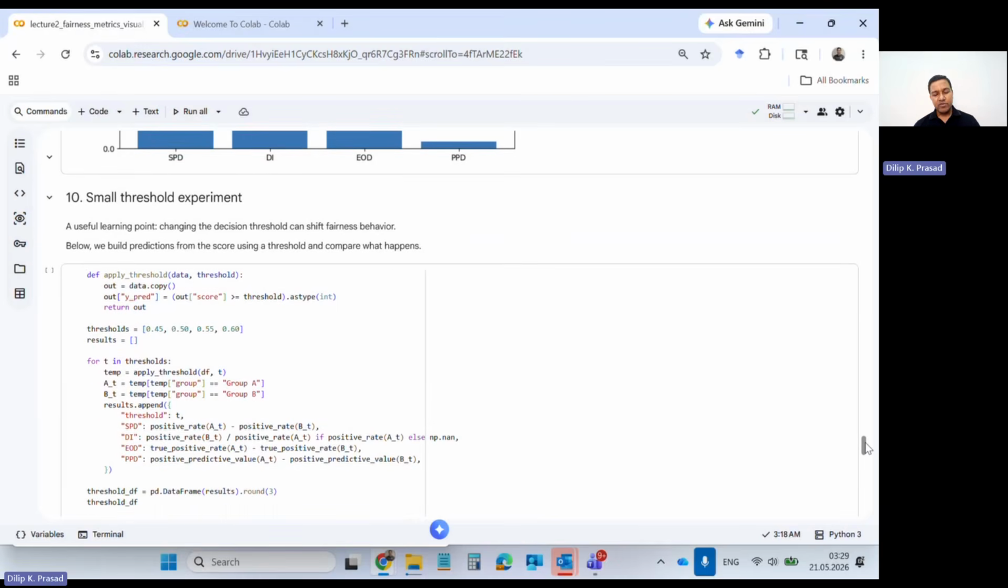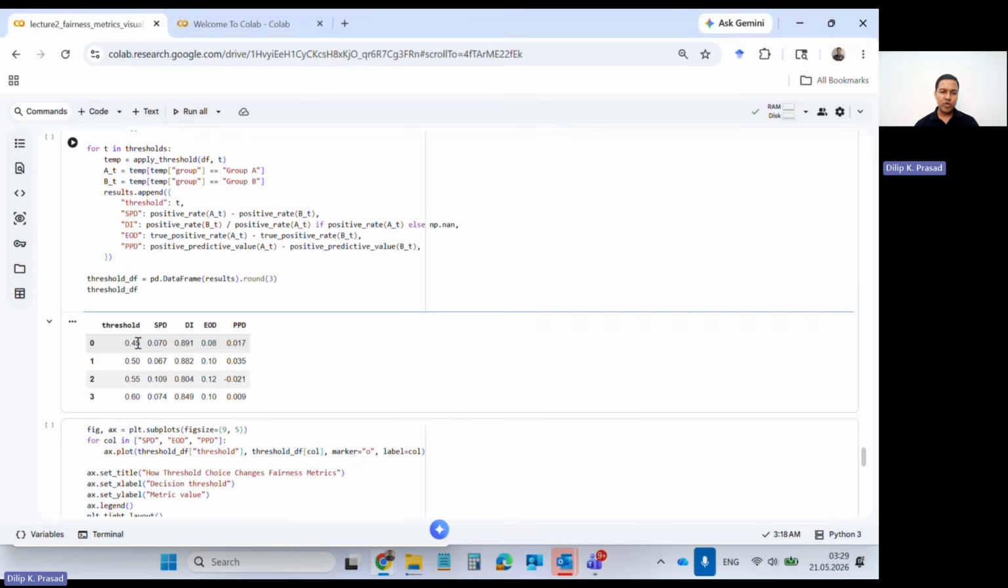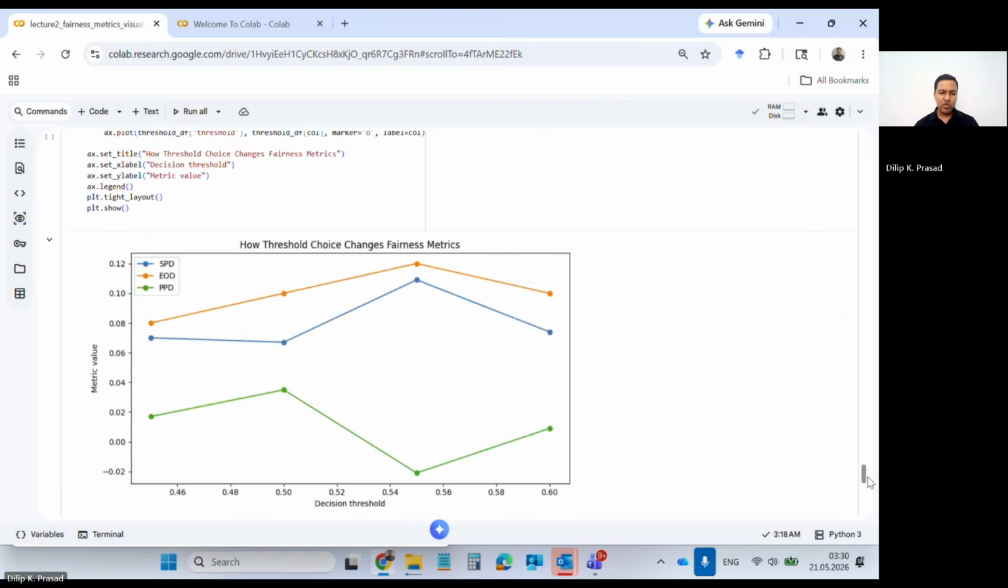So now let's also see how the threshold can change the decision. If we change the threshold, how do the fairness values or fairness behavior change? So I have taken some examples. You can see if I put a threshold of 0.45, then SPD and DI and PPD are calculated, and when 0.6, then also they are calculated. And by comparing with different thresholds, what we see is that when we put a threshold to determine true positives and false positives and those criteria, we can see that